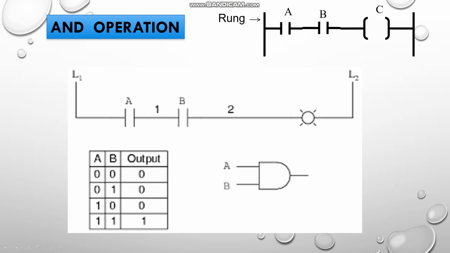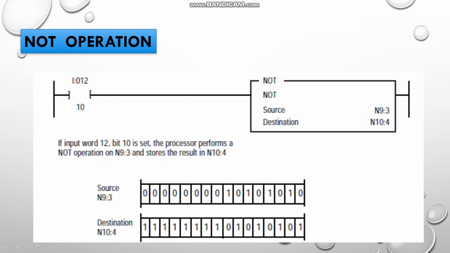Once again, we have 1 and 0, that is, A will be 1 and B will be 0. So A has continuity but B has a breakage, so the output does not get operated. But in the last case, both the inputs are high, so the output should be 1. When A gets energized and B gets energized, the output will glow. So this is the basic symbol of an AND gate, and the output will be high only when both the inputs are high.